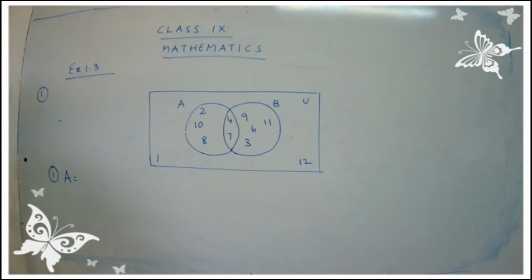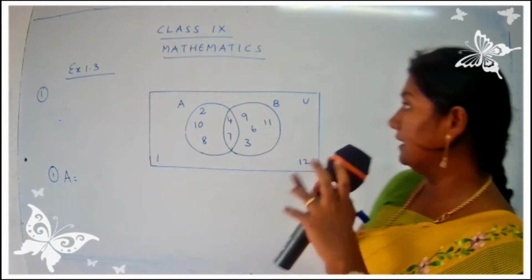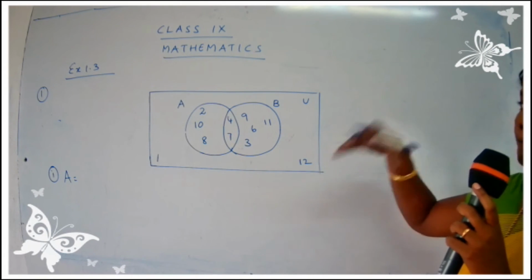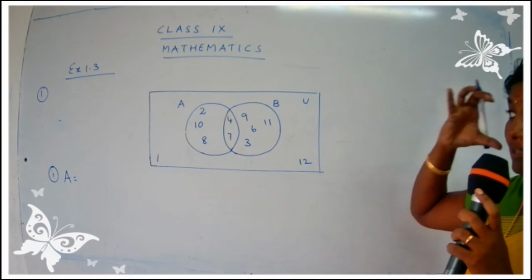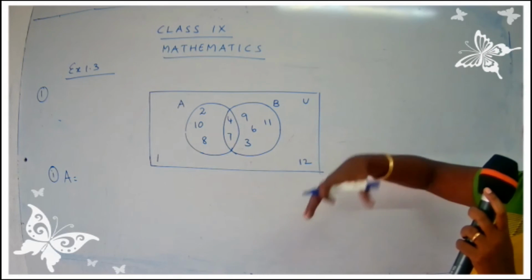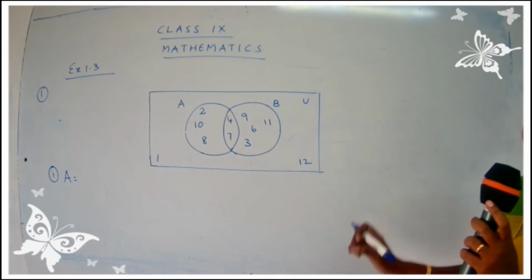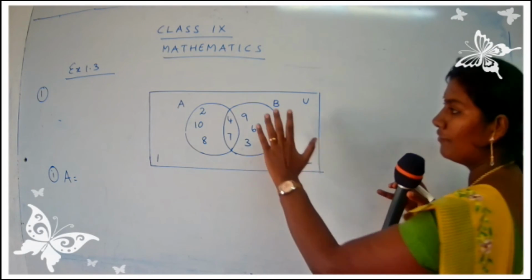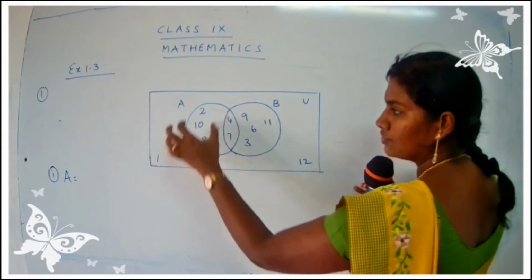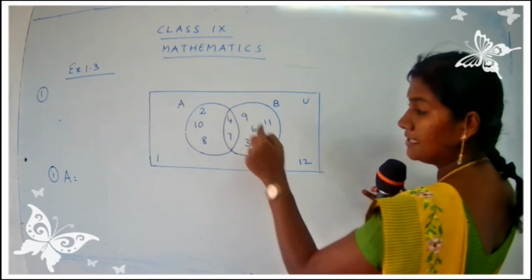Okay, now just listen carefully. This is very, very easy because I have told you when a particular thing is given in a written form and when something is given in a picture form, the picture form will be more effective. You will have a clear, concrete idea when a particular subject is given pictorially. So now let's see here. The question is to find out the elements of A. So elements of A means what you have to do is just keep a hand over here. So I have to just focus on the circle A. We have 2 circles, one is A and one is B. So this is A and this is B.